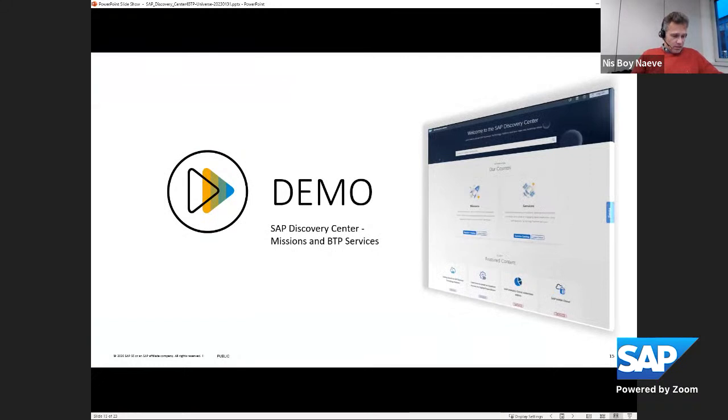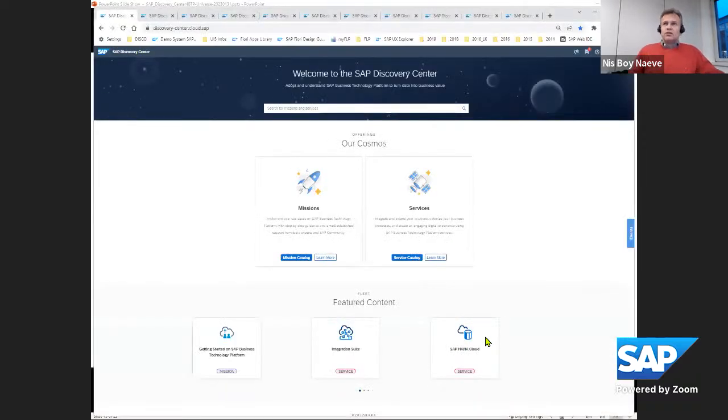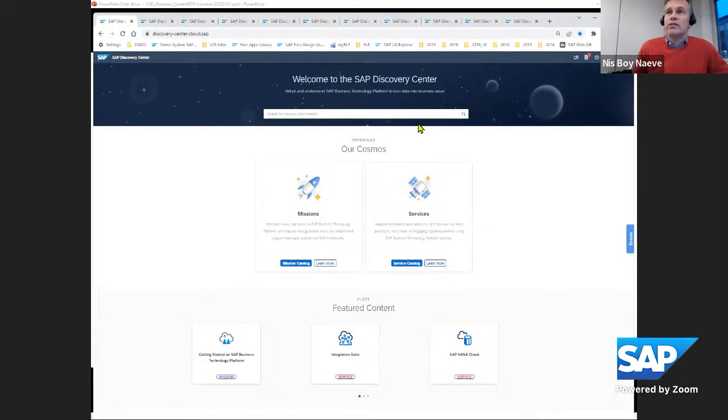So with that, let me stop with the slides and guide you directly through the SAP Discovery Center. And here we have it. This is the start screen. And as just introduced, the two main start points are the missions and the services. For both, we have catalogs. So when I jump to the mission catalog,